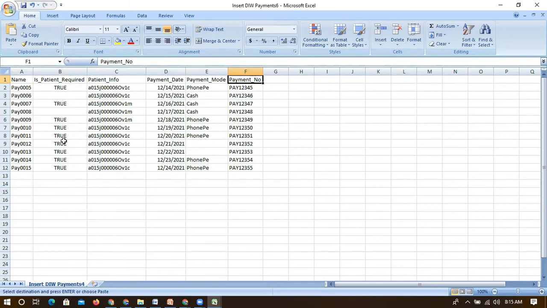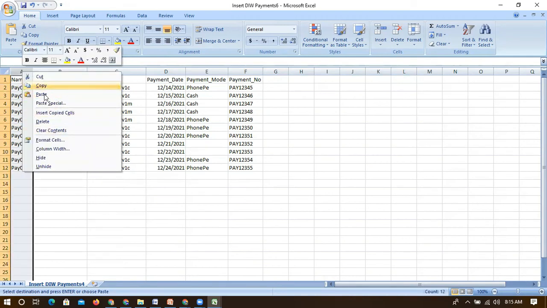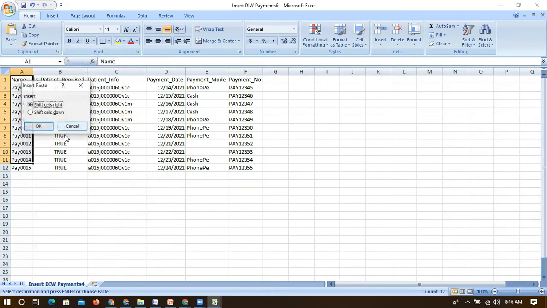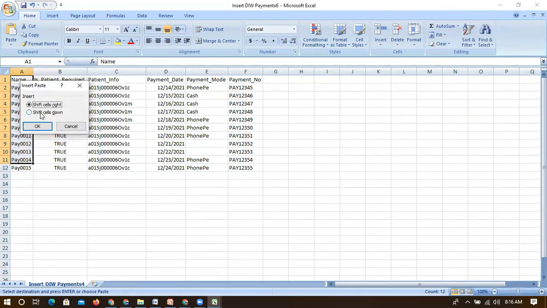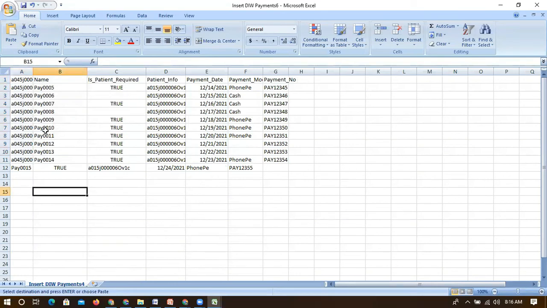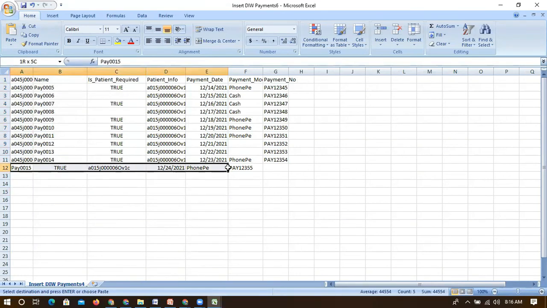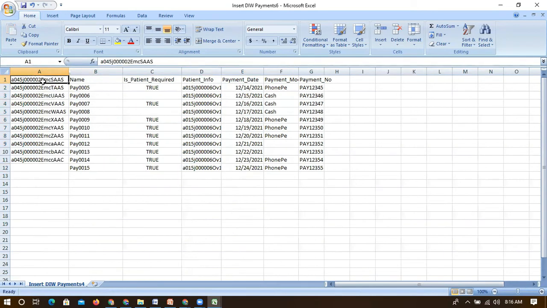If I want to update anything, I need to have one more column, that is the ID column.